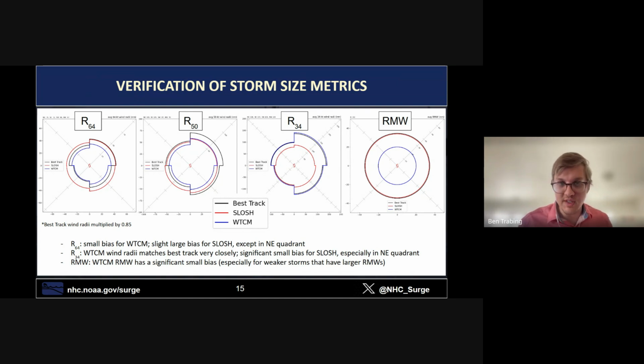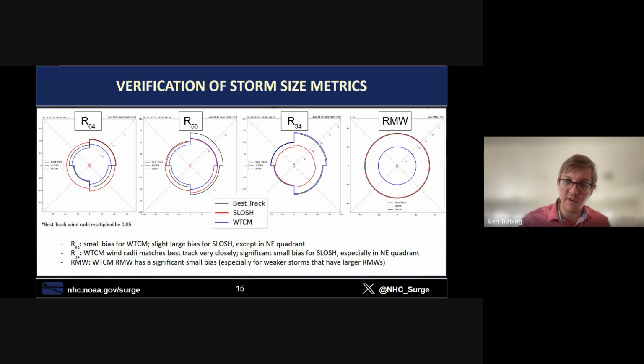Just to focus in on the radius of 34 knot winds to start, we see that slosh really underdoes the radius of 34 knot winds, whereas the best track and the WTCM are more constrained and more similar to each other. We would hope to get slosh to better analyze the radius of 34 knot winds at those values. But if we look at, for instance, the radius of maximum wind, slosh is more constrained to the radius of maximum wind, is better matching what's actually occurring in the best track compared to the WTCM,